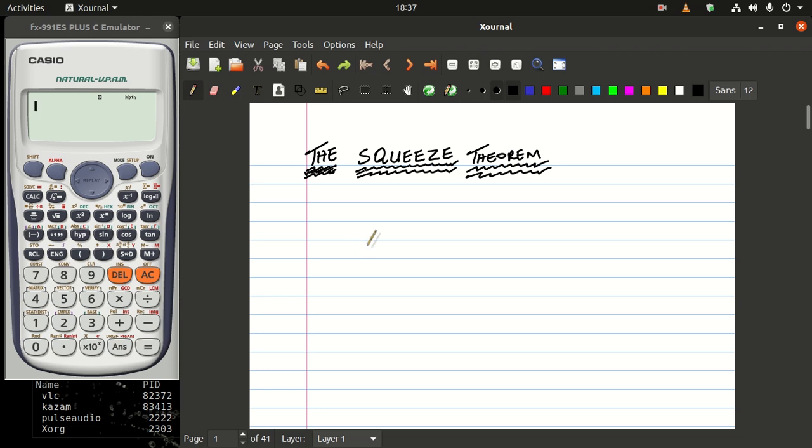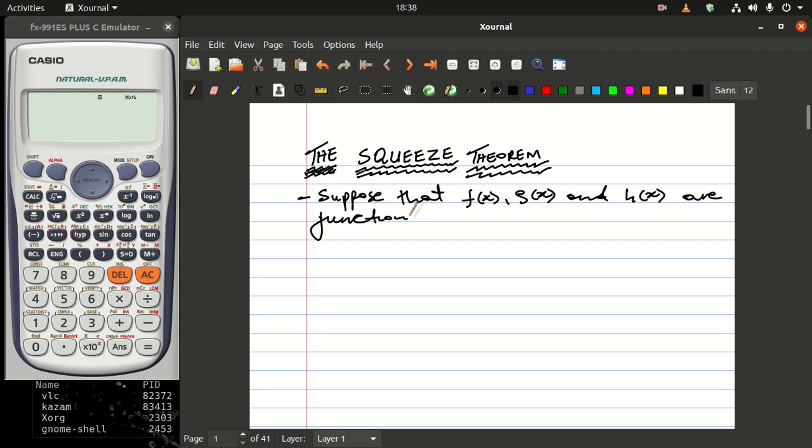So basically, the squeeze theorem is very simple. It's just saying that, suppose you have f of x, g of x, and h of x. Suppose that these are functions such that